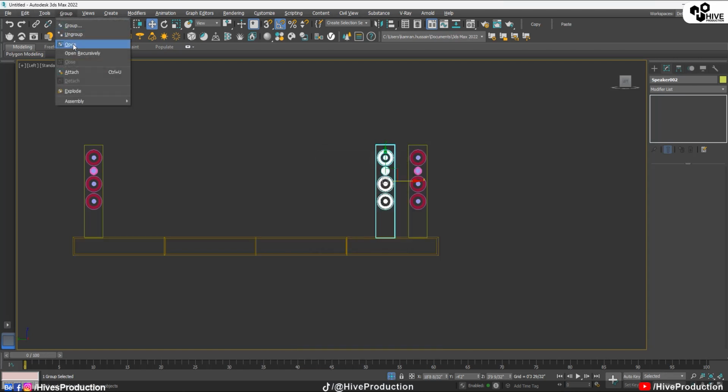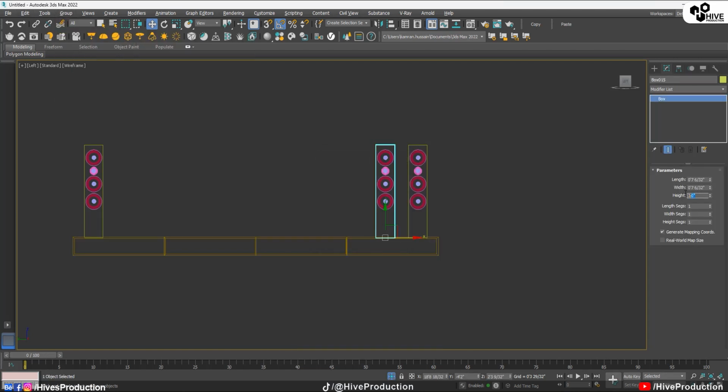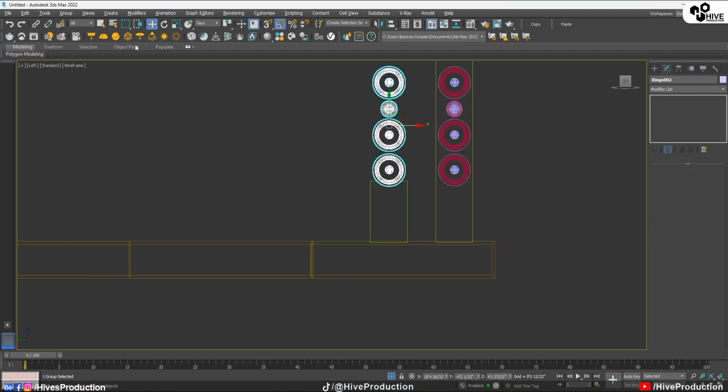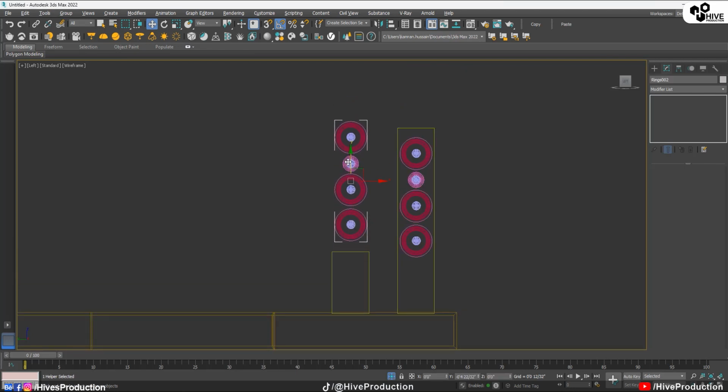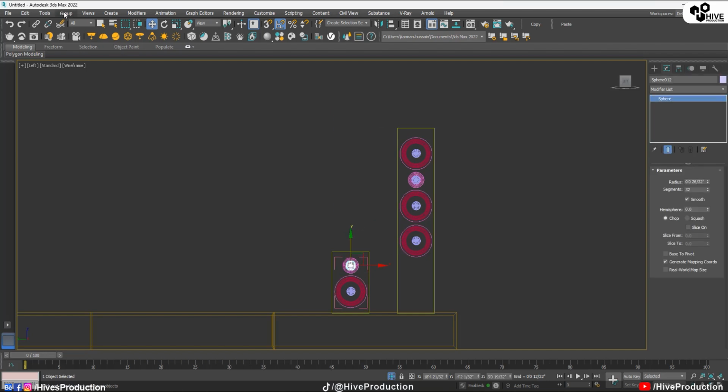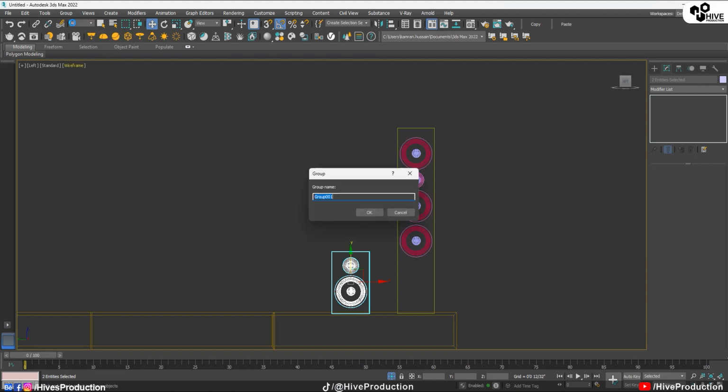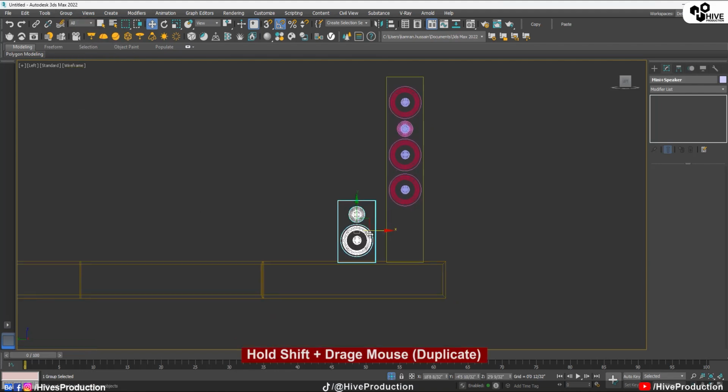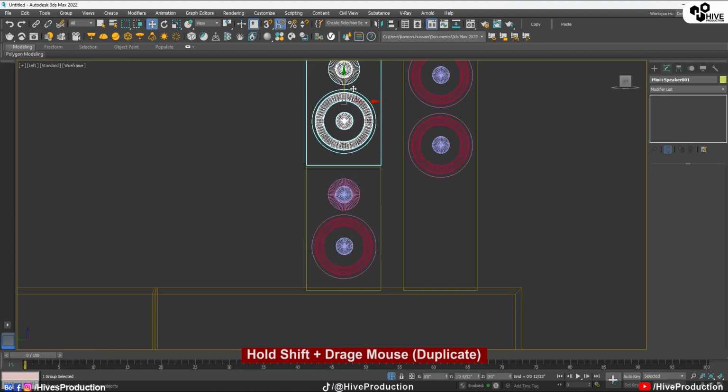Okay, but we need to change the size of this speaker because these are the mini speakers we want. So I'm going to ungroup them or open them, select this here and delete, and these are the extras. Media speaker. So hold the shift key, make a duplicate on the top, another mini speaker,